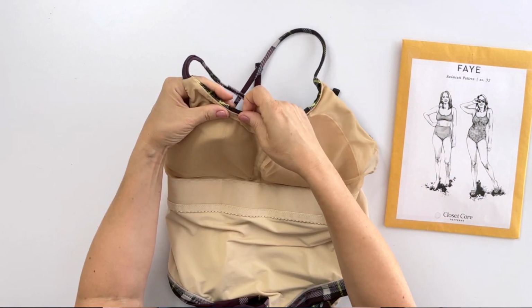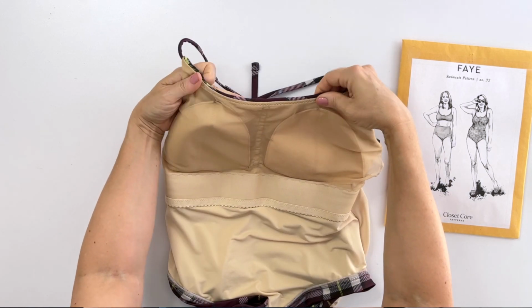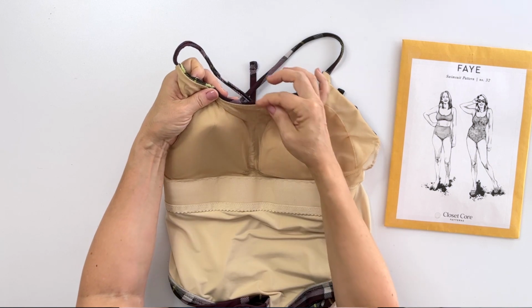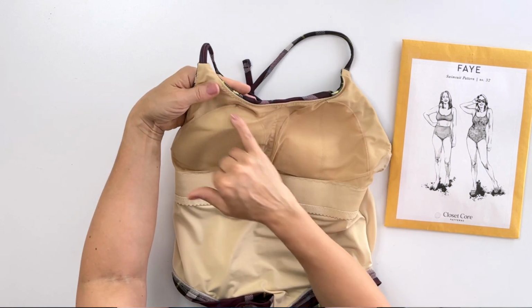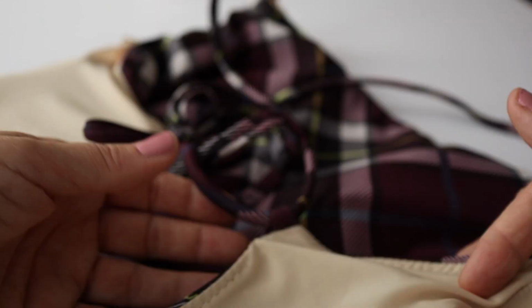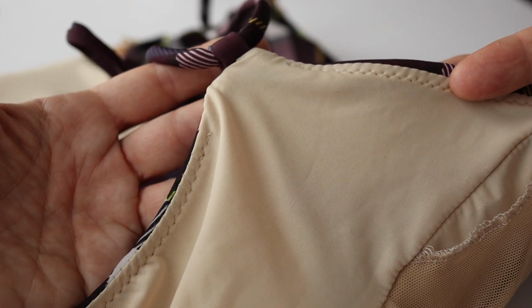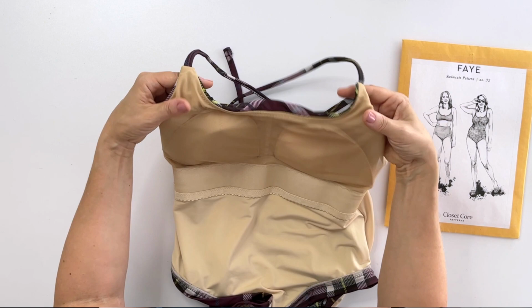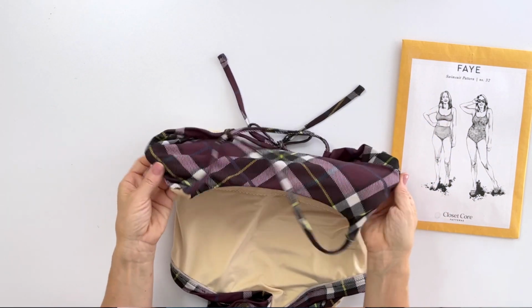So because of how you apply the elastic, it's very, very nice and neat. It doesn't peek over the top. I also did the extra step, which they do recommend, of understitching as far as I could along the neck and armholes. And so it works really well to help keep that lining from peeking out, which is a common